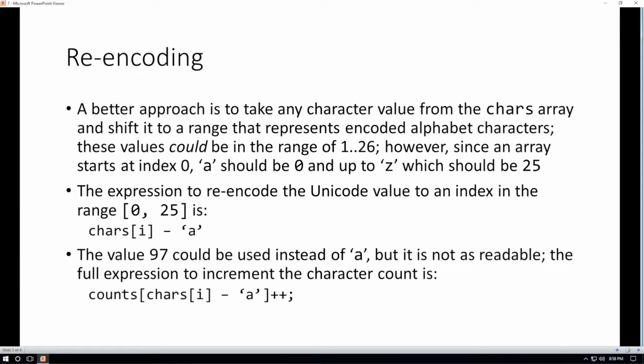What we want to do rather is to re-encode the Unicode values in a range 1 to 26. Well, not quite. Since we're using arrays, we really should be doing it in the range 0 to 25 because that exactly matches indexing ranges. So to convert a code that represents a Unicode character, or ASCII, we can use those interchangeably, to range 0